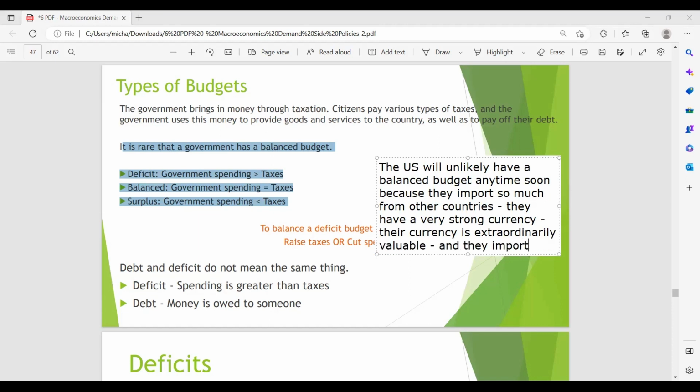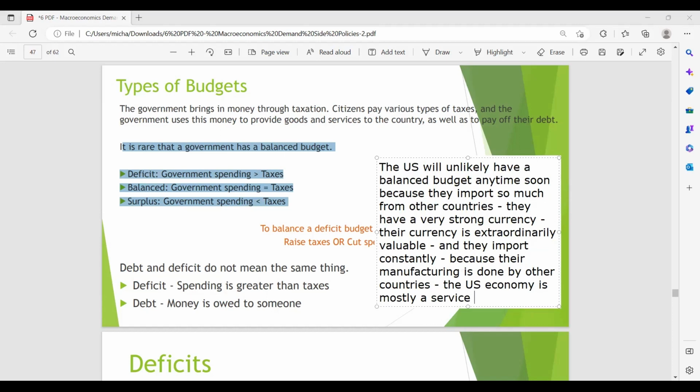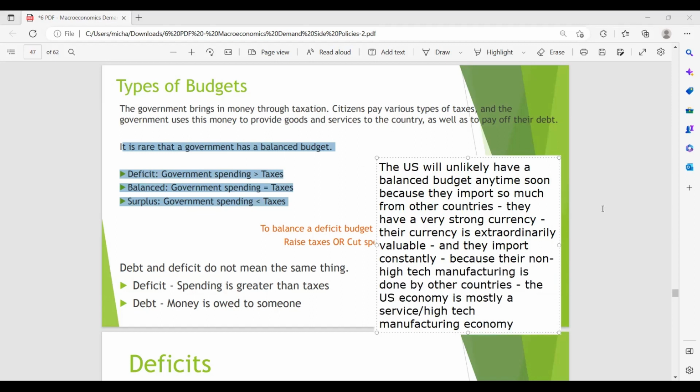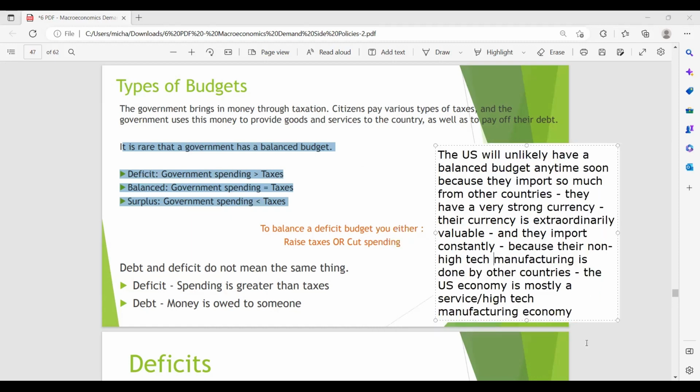And they import constantly because their manufacturing is done by other countries. The US economy is mostly a service slash high tech manufacturing economy. So their non high tech manufacturing is done by other countries. So yeah, for them,